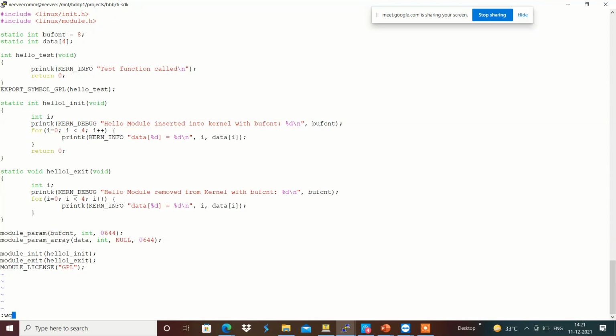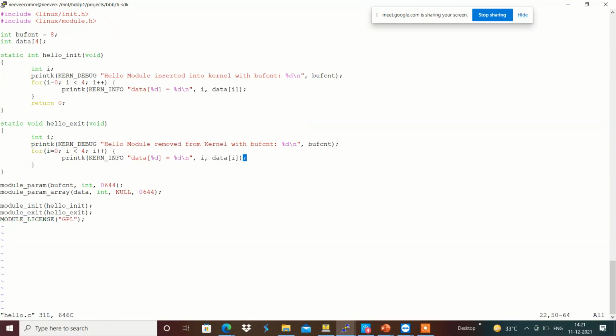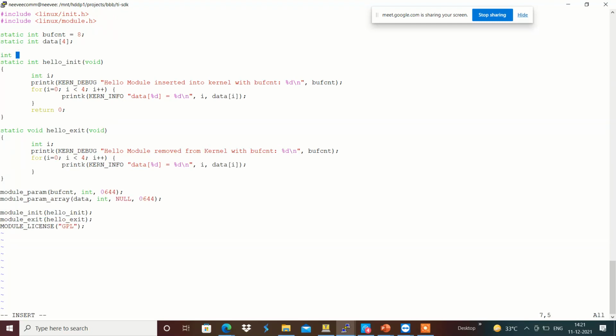Now I am going to compile both hello.c and hello1.c. In hello.c I am going to call this hello test function.